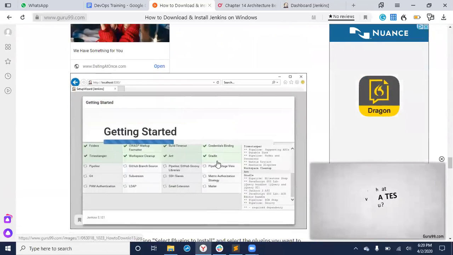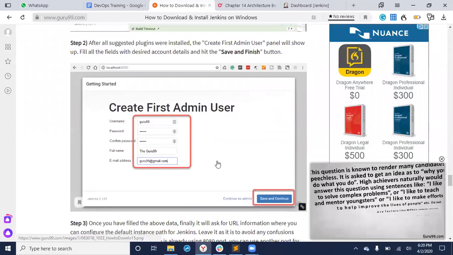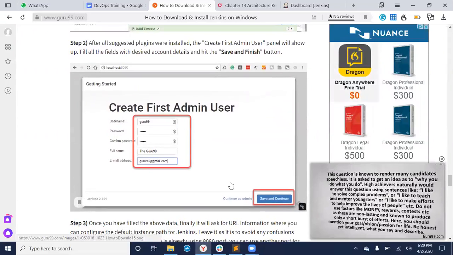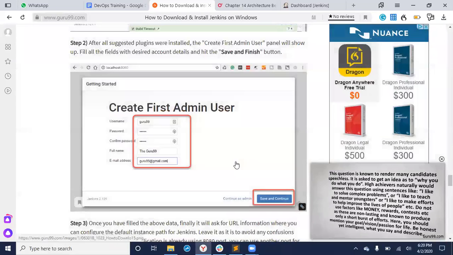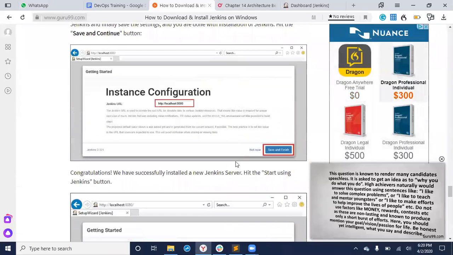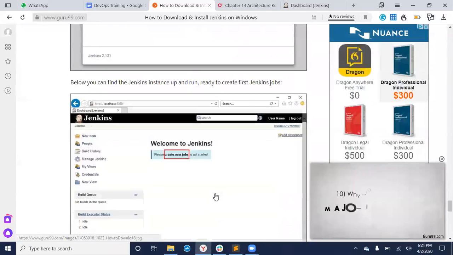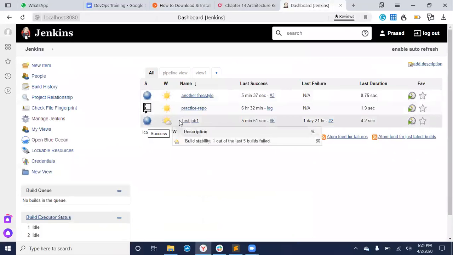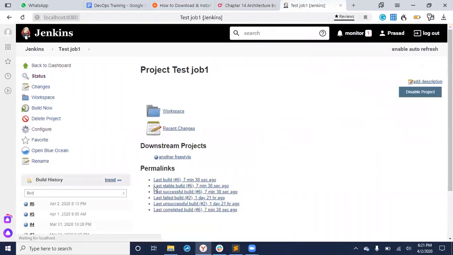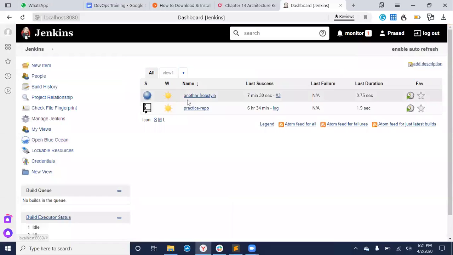Now, once you have this initial Jenkins installation, it will automatically ask you to create a user. In my case, I just created the name as Prasad, so I created a user. Then instance configuration, which is pretty much automatic. So basically, when you do the installation, it is something like this. Now let me remove all these projects so that I'll create everything fresh. So that's typically the Jenkins installation. Now let me delete everything and then create fresh.